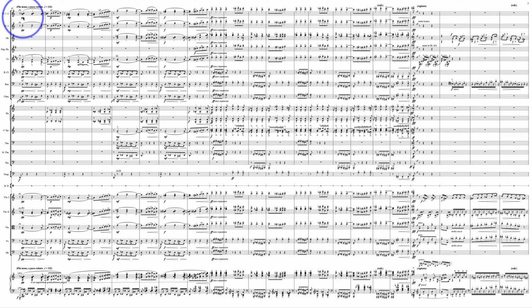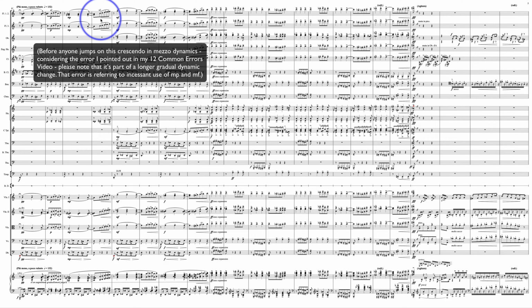Before we go any further, let's also notice that I have terraced the dynamics instead of just having this long poco a poco crescendo to fortissimo. I've really indicated what I want in each bar. Pianissimo in the first bar, piano in the second bar, mezzo piano. Then I really control where the crescendo is. Instead of having the crescendo across these two bars, I have it in this push upwards. That way, this gap has more meaning.